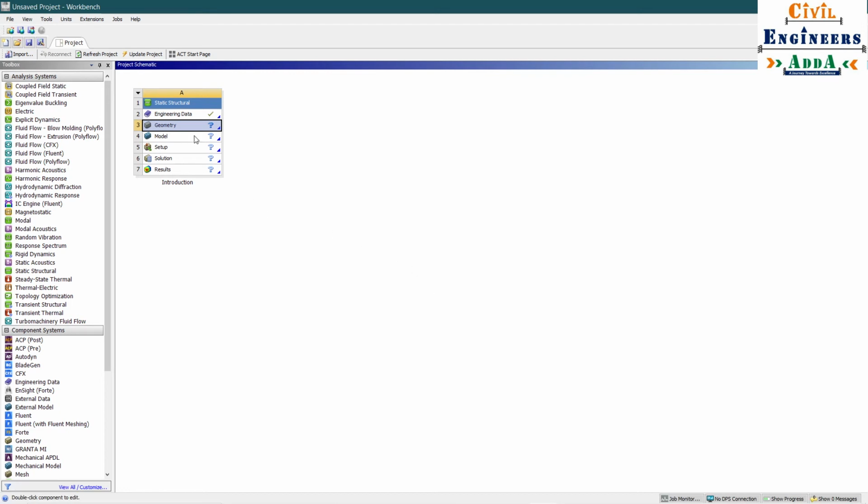Next, model. After drawing the geometry, you need to import the geometry into the model, and there you have to solve the model. You need to put some constraints, some materials there, and then analyze this model. Afterwards you can set up the solutions as required, and lastly you can view your solutions. In this way ANSYS works. I think the introduction was okay for you.